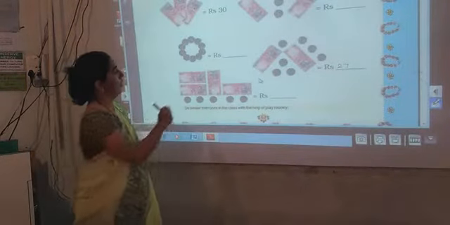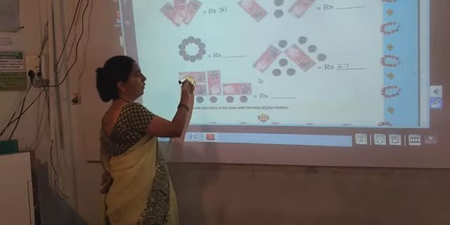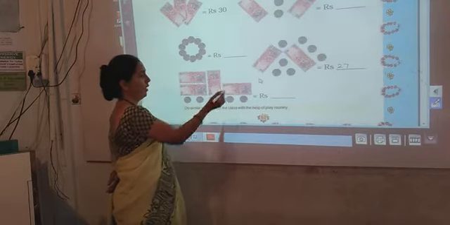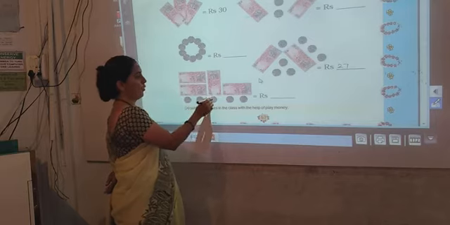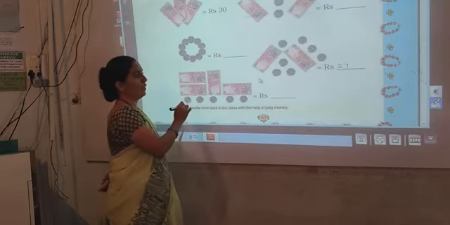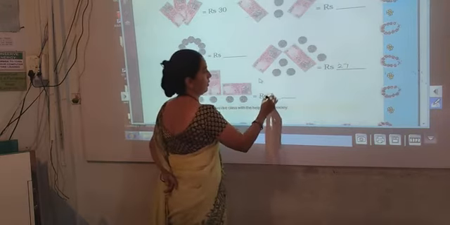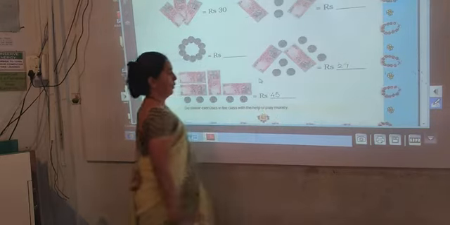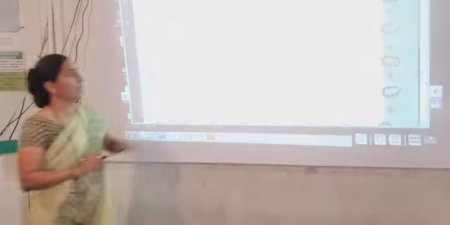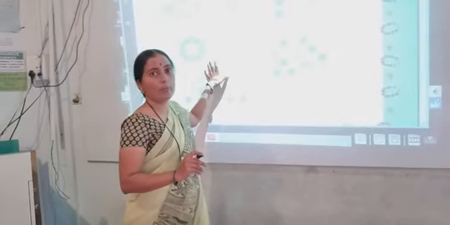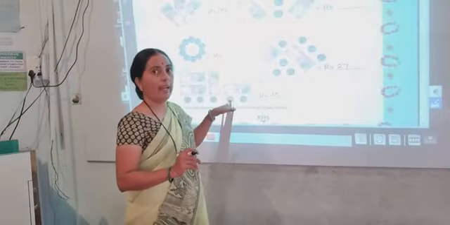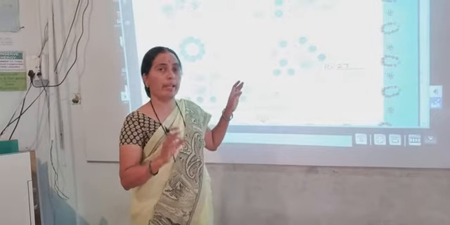Now see the next group of rupees. This is 1 note of rupees 10, 20, 30, 40, 41, 42, 43, 44, 45. So this group of notes and coins will make rupees 45. Now you can take some notes of 10 rupees and some coins of rupees 1 at home and make different groups and count them.